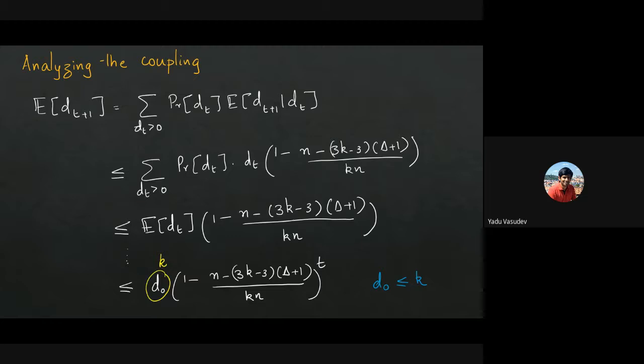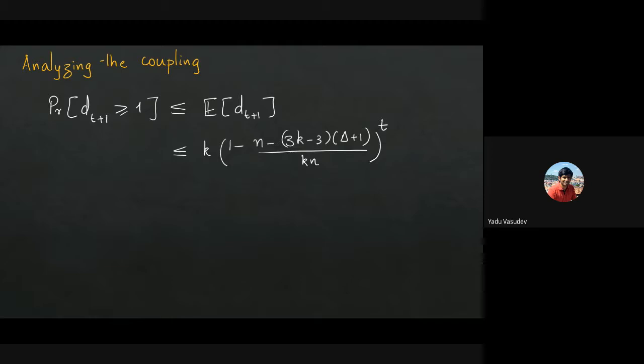Okay. So that tells you that expectation of dt plus 1 is small. So now you can look at the value of t. You can choose t large enough so that this expectation is actually very small. The reason we want to make this small is because we're going to use Markov's inequality. We'll just use a simple Markov's inequality to say that the probability that dt plus 1 is greater than or equal to 1 is at most the expected value of dt plus 1. And now you can substitute in the values for expectation of d0, which is at most k, and this value alpha to the t.